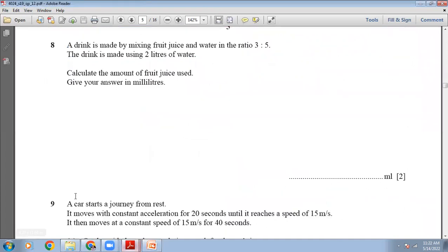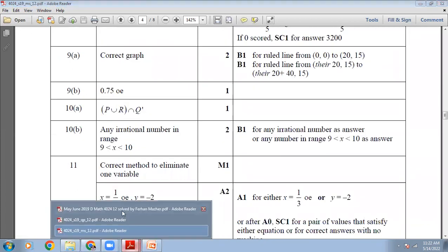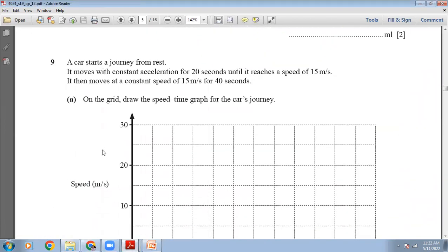So let's check the answer if this is right. Okay. 1200 ml is the right answer, sir. Question number 9 is our next question. He says, okay,